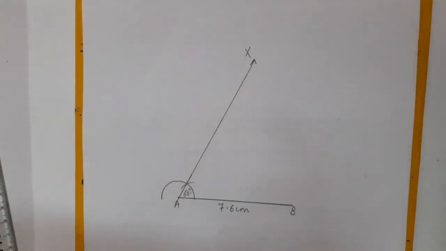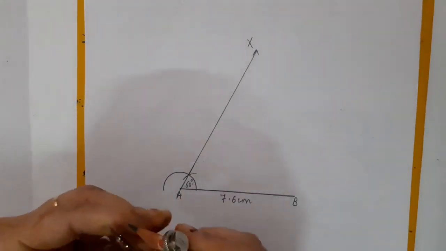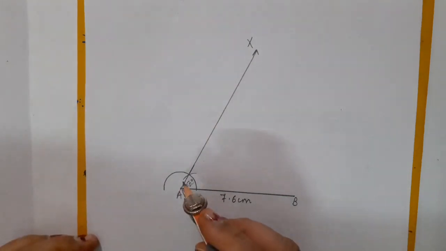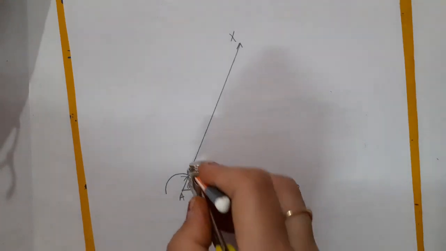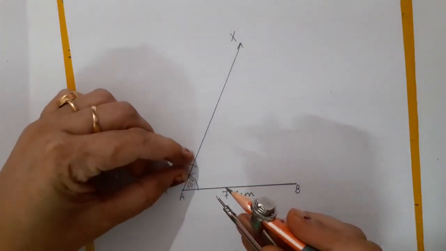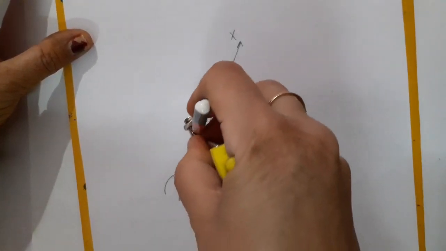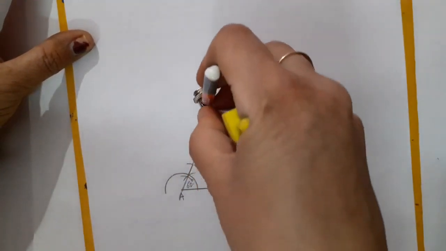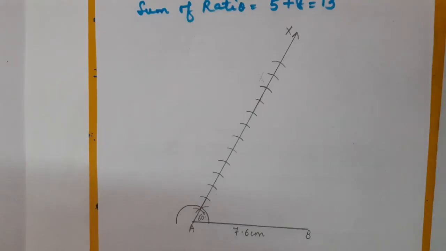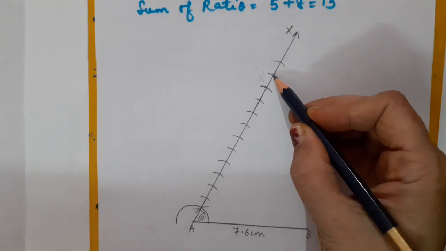Make sure all the arcs are equal in length. Means how? See, for example, I have just opened the compass now. I am going to draw 13 total arcs. This is arc number 1. While placing it on arc number 2, the gap between two arcs must be the same. This is arc number 3, arc 4, arc number 5, arc number 6. So children, these are total 13 arcs. Let us count them: 1, 2, 3, 4, 5, 6, 7, 8, 9, 10, 11, 12, 13.